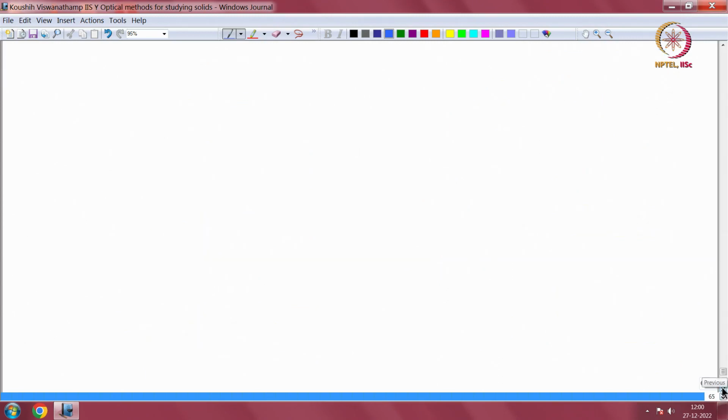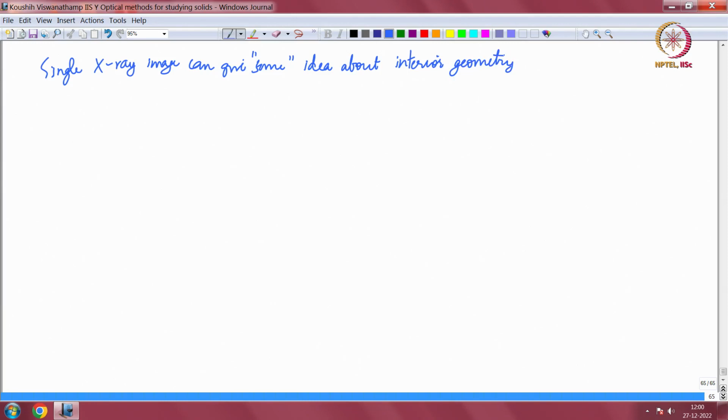So, that is the long and short of the example, is that a single X-ray image can give some, I am going to put this in quotes because we will quantify this soon, can give some idea about the interior geometry. Okay. But the problem is the following. So, suppose